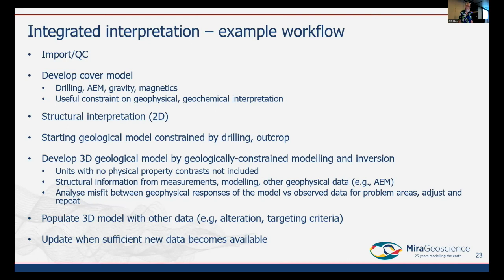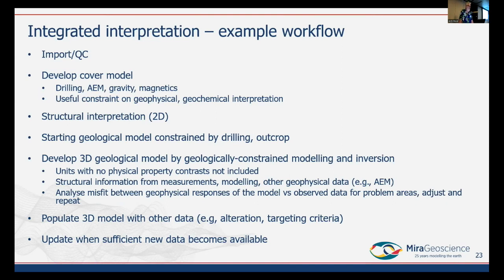You go through this iteratively and look at the misfit between the geophysical response of your model. That geological model that you're building up has got physical properties in it, and you can calculate the response of that model for various different geophysical techniques. You look at the comparison of the observed geophysical data and calculated, and where it's not fitting, that's where you know you've got to make some adjustments to your model. It might not be the entire model, it might just be one part where you've got a contact in the wrong place or with the wrong dip, or there's a fault you didn't know about, or whatever. But you only have to really adjust the part of the model that's causing a problem.